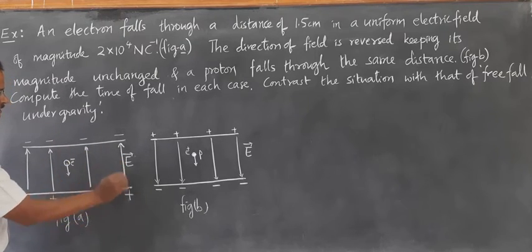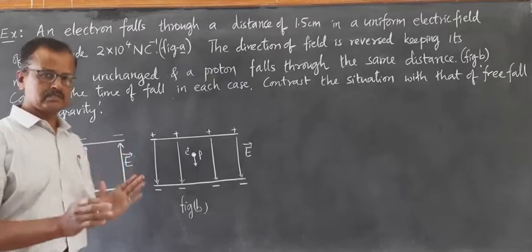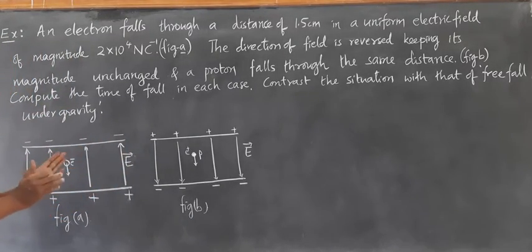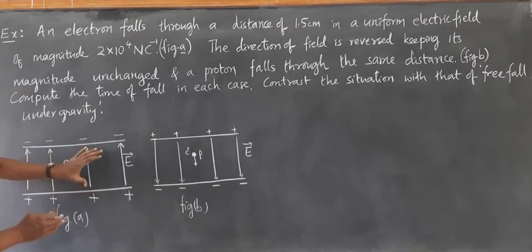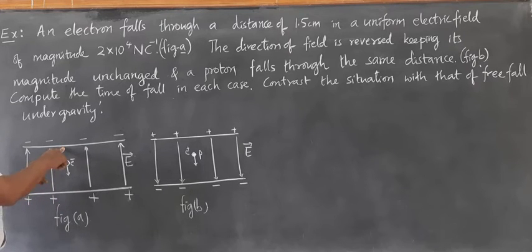You can see the uniform electric field shown by parallel field lines. The parallel field lines show that it is a uniform electric field in this particular space. The electron is falling down, starting from rest. When it falls through 1.5 centimeter, how much time is taken? To calculate that,